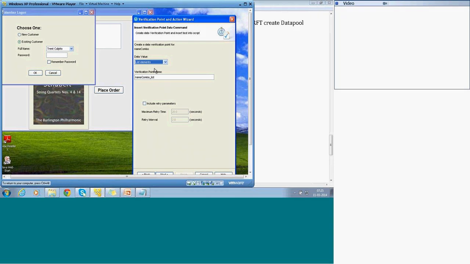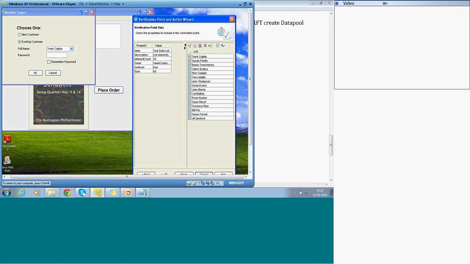Sometimes the list elements may be dynamic. If you want to check a specific item, you can check that as well. That's perfect. You want to retry, that's not required. Next. Now these are all the list content I have. If you want to uncheck certain list content, you can do that. Element count 16 is what you are checking. Total element count 16. This is the list content.